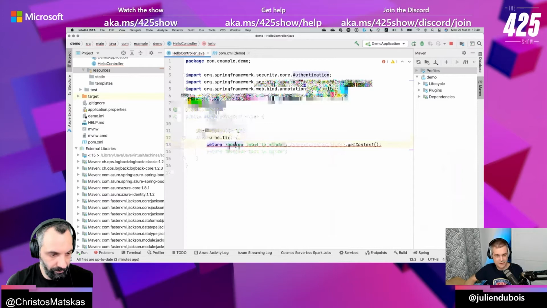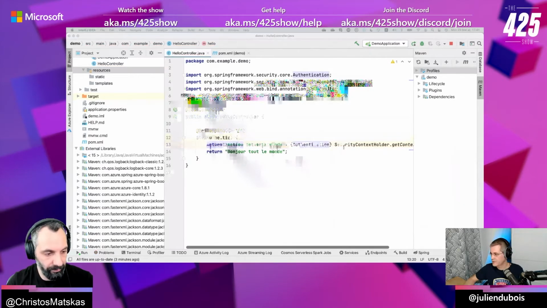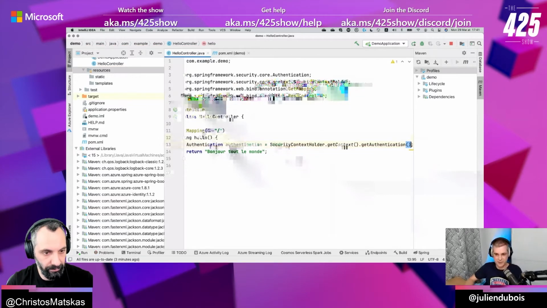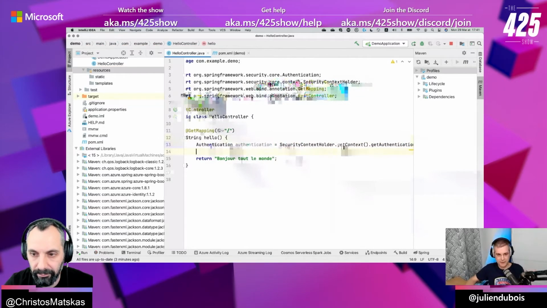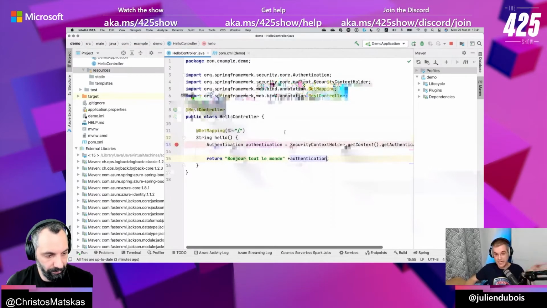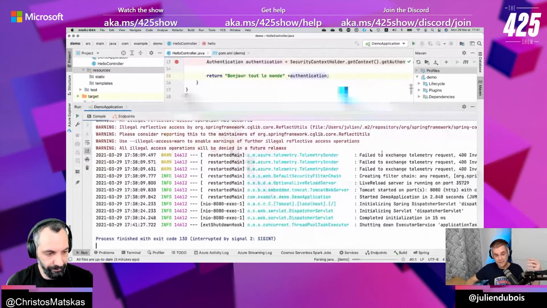Shouldn't need to cast this. Let me look again. Sorry, it's me who's getting tired. I forgot. This is just getting me the context, and I need to say getAuthentication. So now I've got basically the Spring object on authentication. Let me just show what we can do with it. I'm going to cheat a little bit and debug it, so we have a look exactly at what's inside it and what we can do with it. Let me close this and run it again, and we're going to have a look at everything that Active Directory sends us.